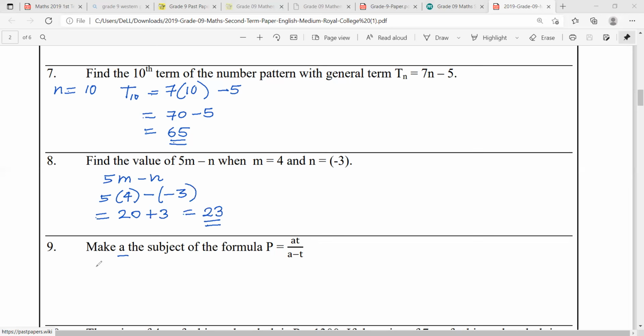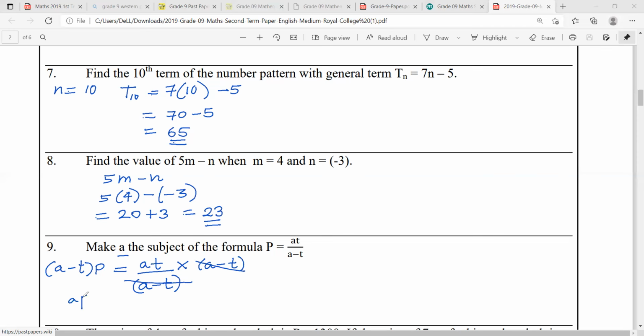So you can take this P equals AT divided by A minus T. So first you have to get rid of this denominator, because A has to be on one side, right? So I can multiply this by A minus T, and therefore A multiplied by A minus T. Then this cancels out, and you get here